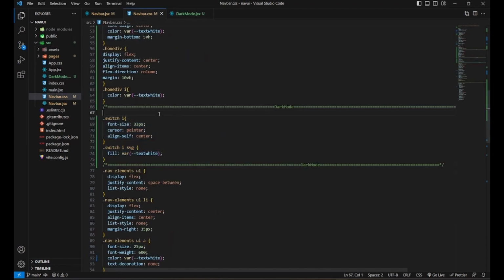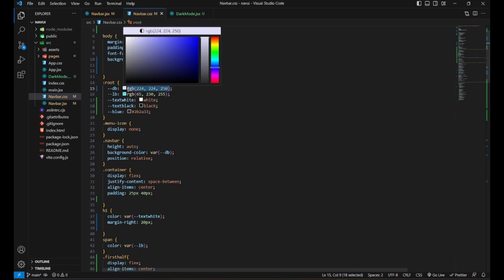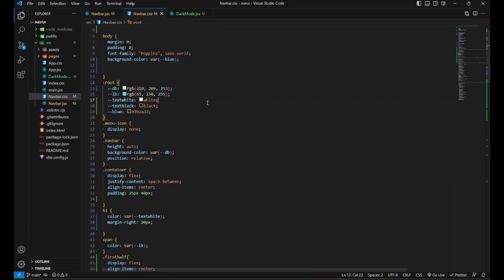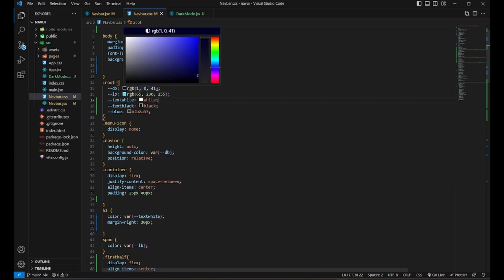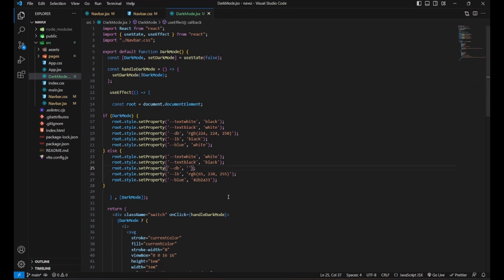So let's go to the navbar.css. We should get the previous dark blue color. I am saying dark mode, it should be dark blue. So the previous dark blue color, Ctrl+Z, we get it, we will copy it and we will just paste it, and it's done.